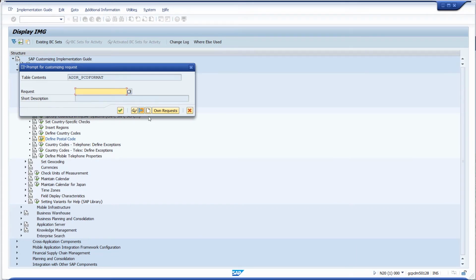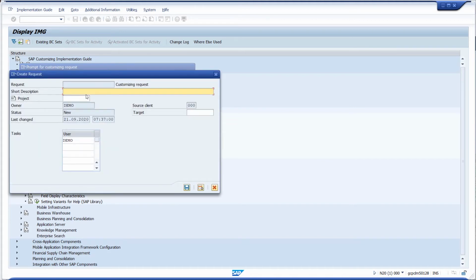What we need now is a new customizing transport request. So all of this is like you would work if GCTS was not available. So let's name it, say we created country TE, and the target system, this is something that had been defined during the configuration of GCTS, is named T2X.